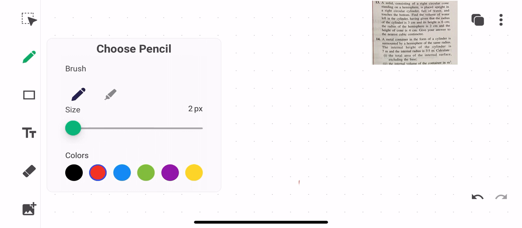So in the previous session we were done till question number 13 of exercise 20G, that happens to be the last exercise of your chapter. Now in today's session we'll be looking into